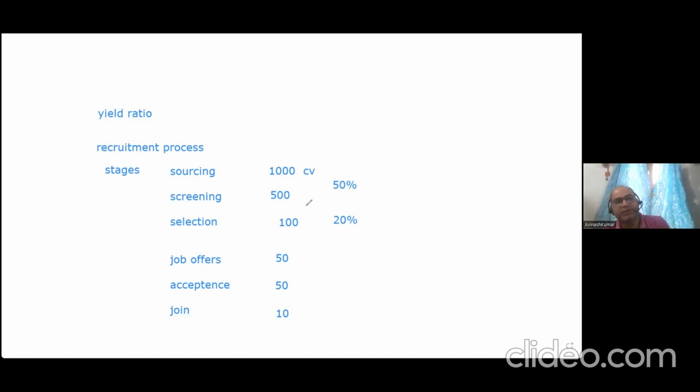So I would recommend the yield ratio is like a process where we need to see where improvement is needed. I would call it your operational efficiency of the internal business process of recruitment. People take the recruitment process lightly, but it is a very important, critical process because that's the gateway and that's where you get your talent. You have to be very clear what kind of talent you are getting.